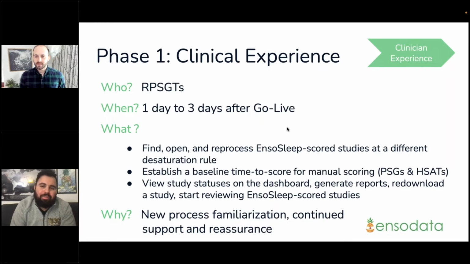One of the most important elements of this is that you cannot experience the clinical benefits without first understanding the technical elements. I have a client that I'm working with in New Jersey who had a difficult time seeing the benefits in the scoring. They were scoring arousals in a higher sensitivity and were spending a significant time with the scoring. So the objective here began to build the trust between the RPSGT and the clinical informaticist and our team, which brings us to our next phase, phase 2,